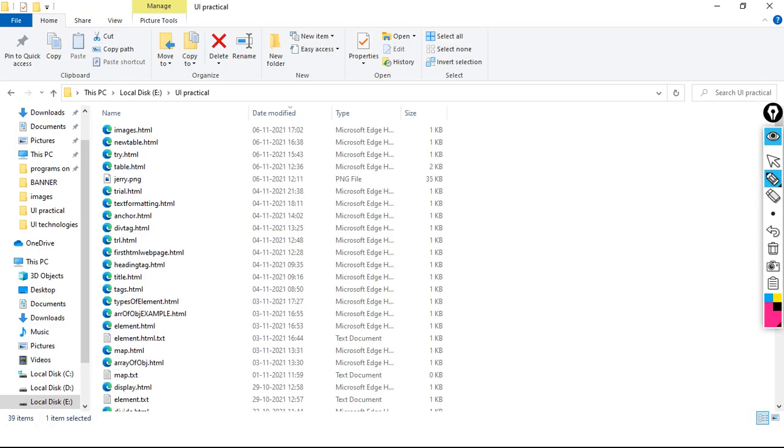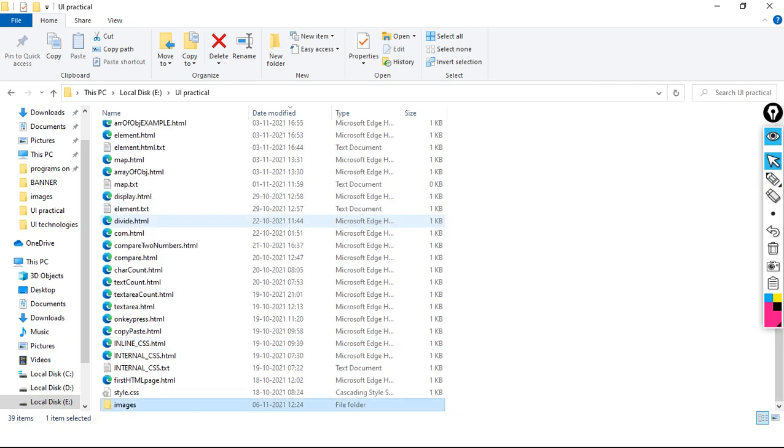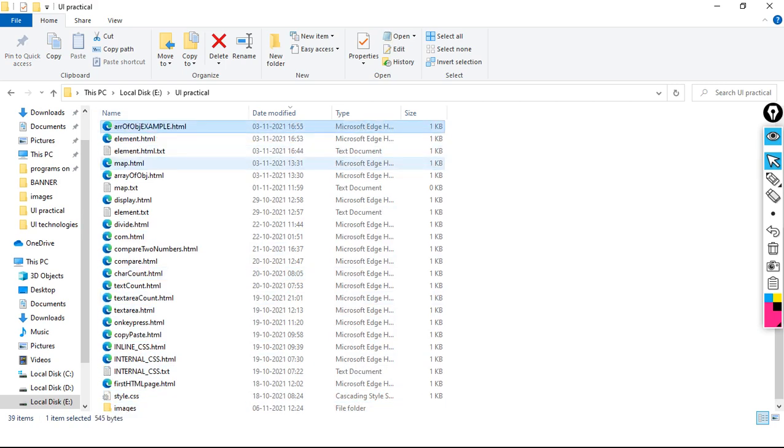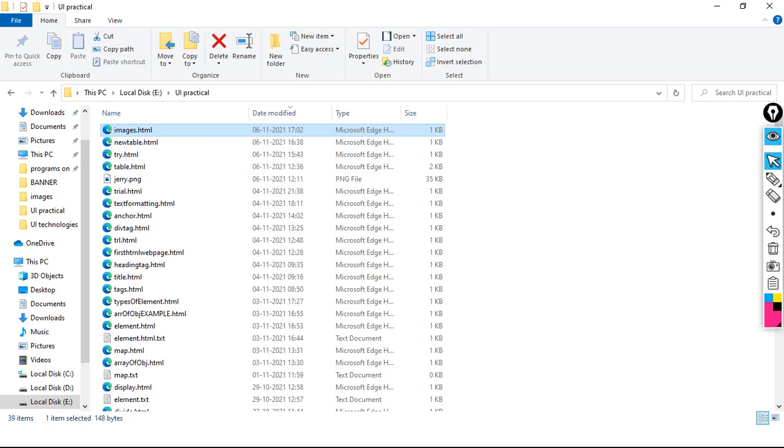In E folder I have UI practical. In UI practical directly I have the images.html file, meaning my current code, and in the same folder I have jerry.png.